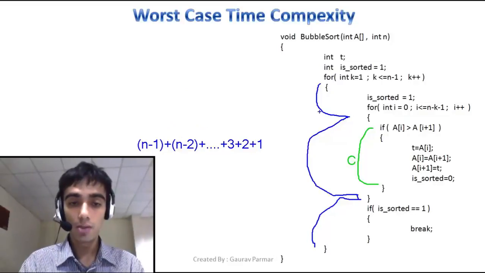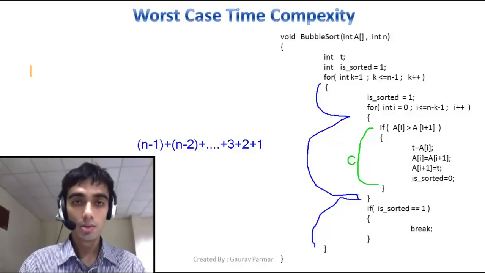So if we add all those values, we shall get an expression like this one. So these loops are running for this much time as a whole, and these statements are taking a time equal to c. So the overall time required to run to completion in worst case will be